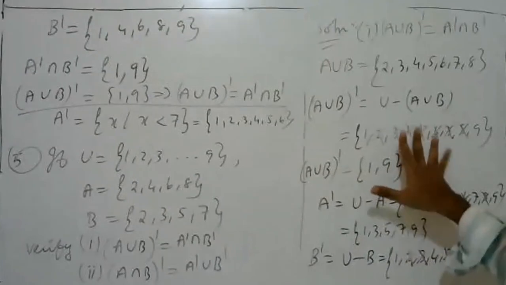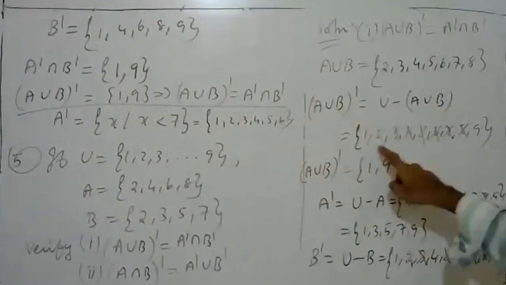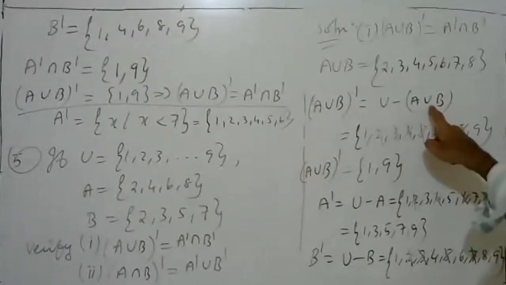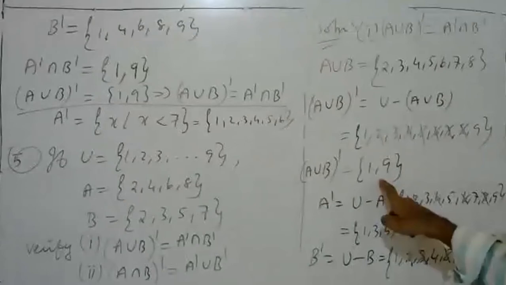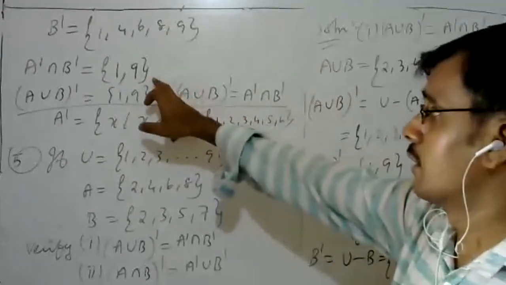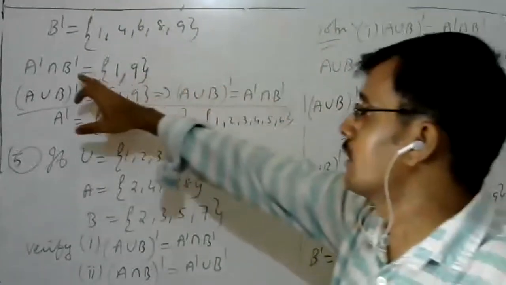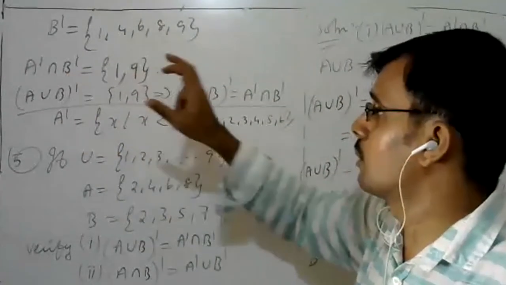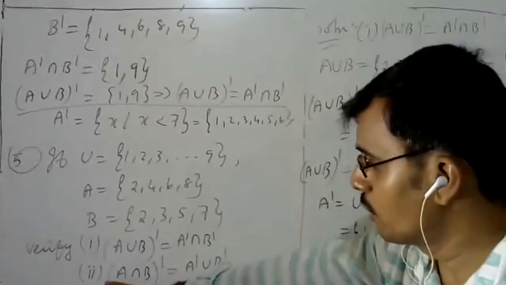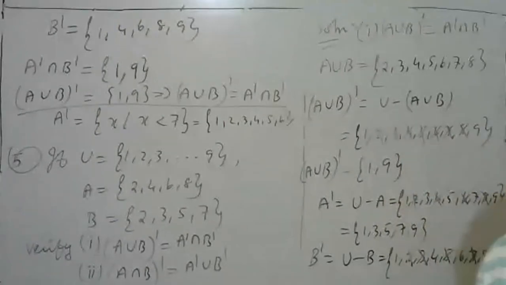How to find out the complement? Please try to understand the complement. Universal set minus this set. I am writing the universal set elements and removing those elements belonging to this set. Okay, remaining is my answer. Similarly, find A dash, B dash, take the intersection. So this A union B, the whole complement, and A complement intersection B complement are the same. Both are giving the same sets. Similarly, you have to prove that second result. Second result is a homework for you.